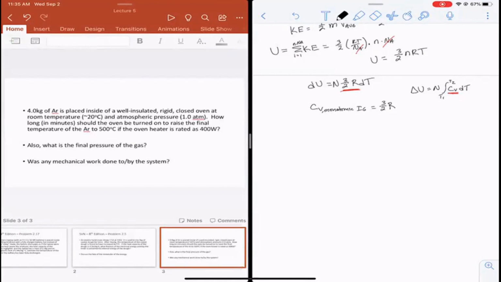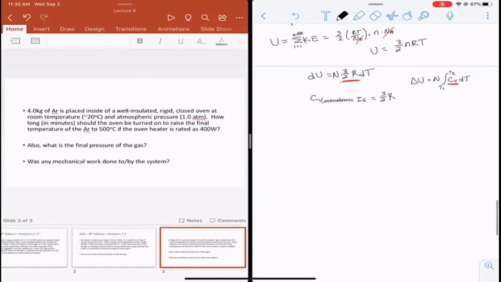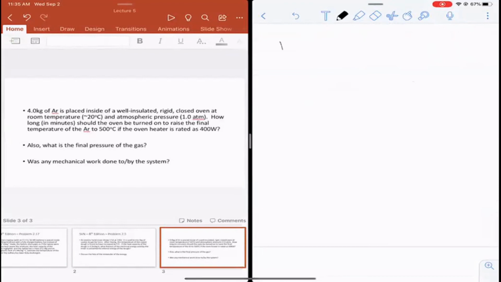So now we're going to do something we sort of did earlier. So we know that we have this rigid closed box. So if we're going to write the energy balance here, then dU is equal to dQ plus dW. One of the things that we really do need to think about in a problem like this is, what is the system? My preference here in defining the system is just to let the system be the gas inside of the oven. And so we actually don't have to worry about a whole lot other than the change in the internal energy and then the heat that gets added